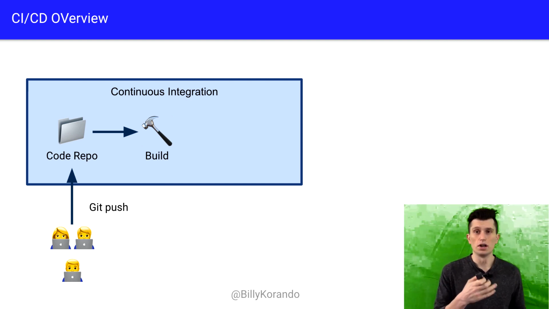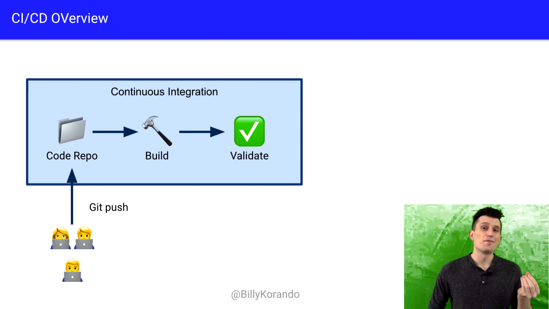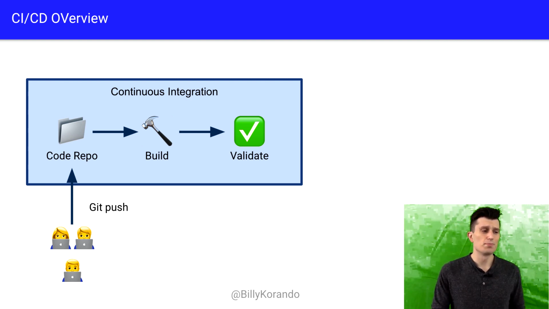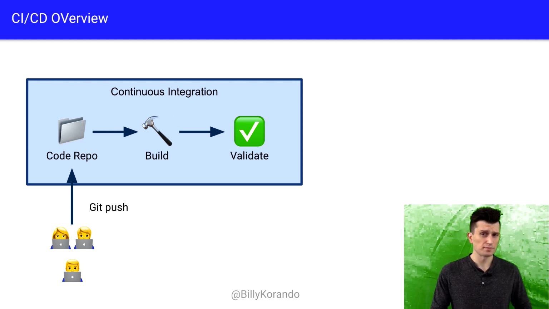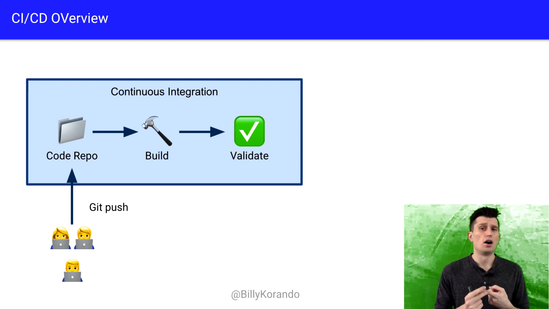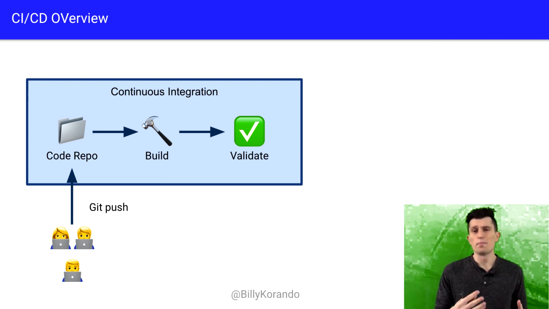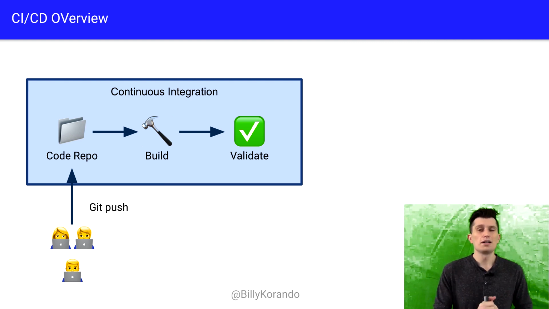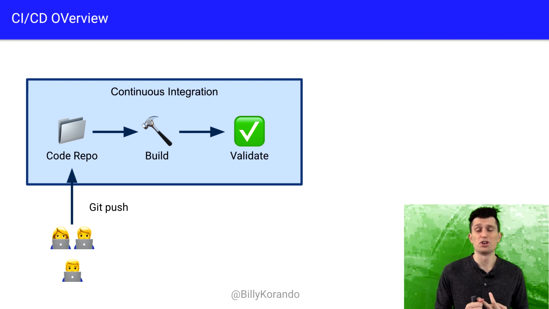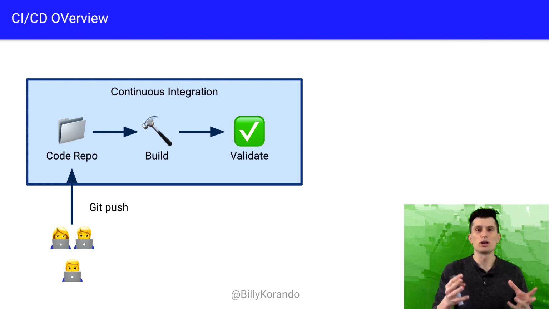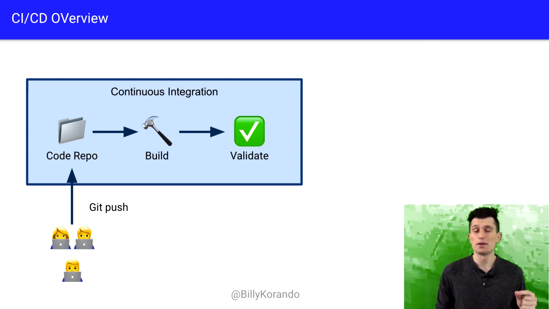You're going to build the code on some sort of service, and then you're going to validate that code. Now, I use the term validate to be more broad and encompassing of all the stuff you want to do to make sure the code you're building is correct. So, of course, the biggest thing is going to be automated tests to make sure that it's all meeting business requirements, there are no bugs, and so on. But this could also include code quality checks, generating documentation, and, probably really importantly, some sort of security scanning to make sure underlying dependencies don't have any issues or known exploits that need to be fixed before you push to production. So that's all encompassed here, at least stuff that can be done